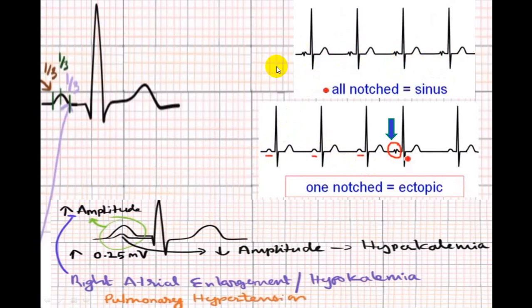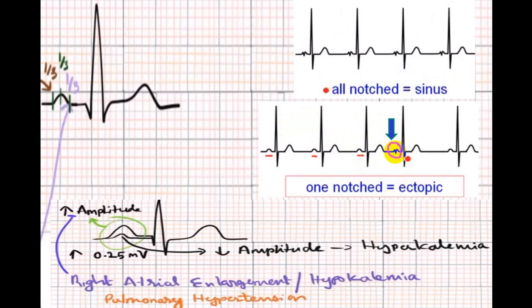All are same. So this can be sinus. Because once the sinus node generates an impulse, it will go to the right atrium and left atrium. Depending upon the condition, you can have a dome shape, you can have a biphasic, you can have a notched P wave. But here if you see, this is dome shape, this is dome shape, this is dome shape, and this is a notched one. And if you look at the RR interval, this RR interval is a little early. So this is a premature beat, or we call it an ectopic beat, and it is coming from the atrium. It is abnormal in shape, so it is coming from the atrium.